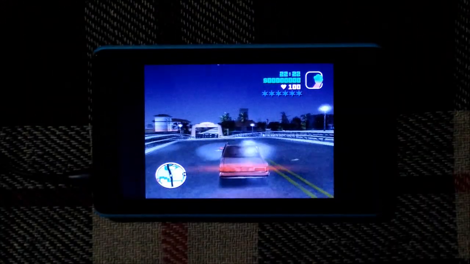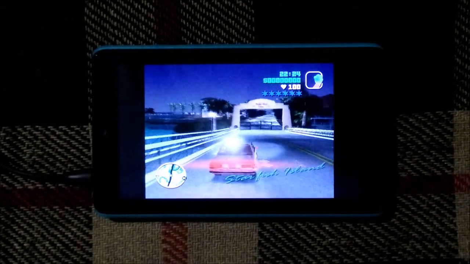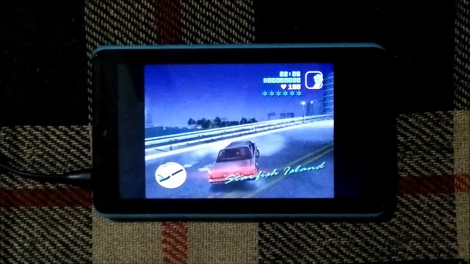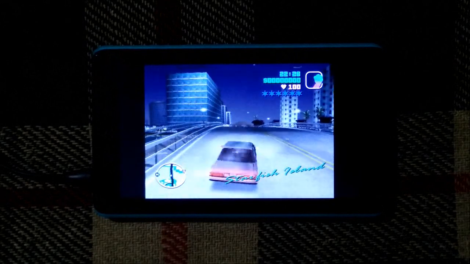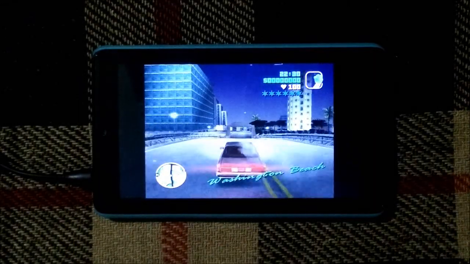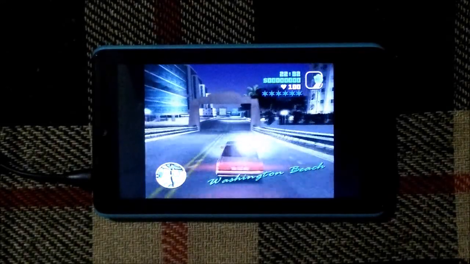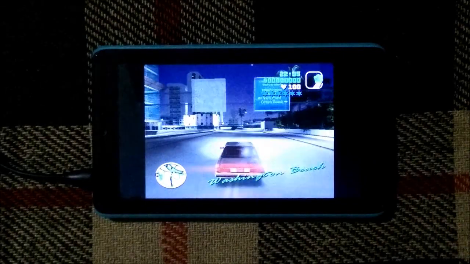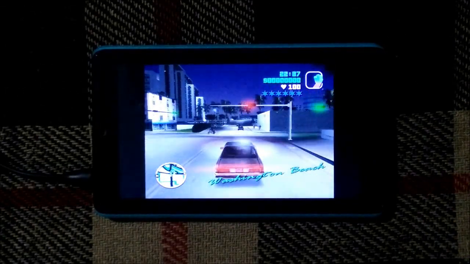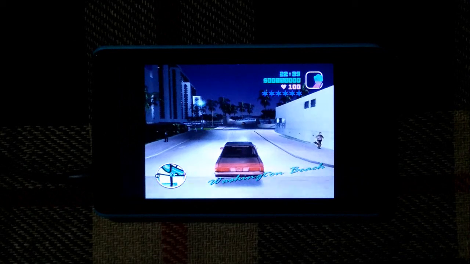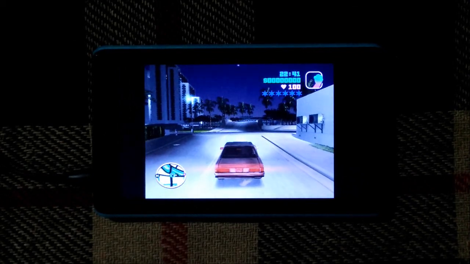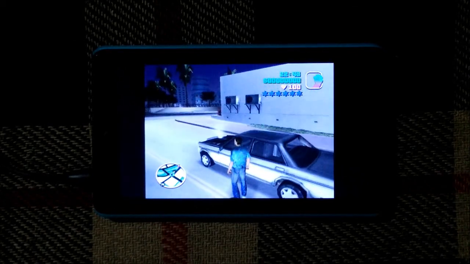You can't say it bad, but it's a bit on the average side, as you can see, because if you just tilt it a bit, the display just fades away, or it just shows up only a black color. So display on this tablet is only about average.